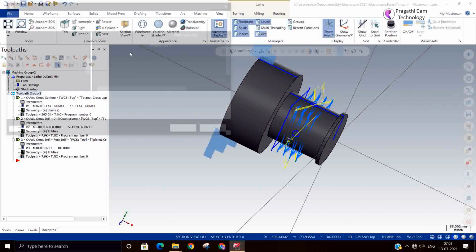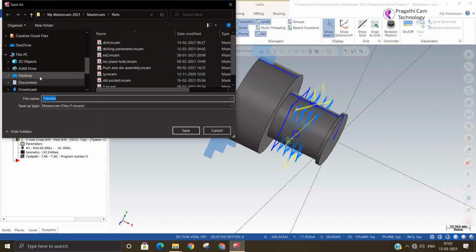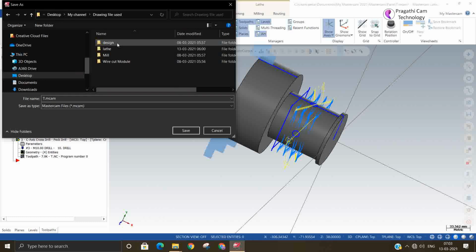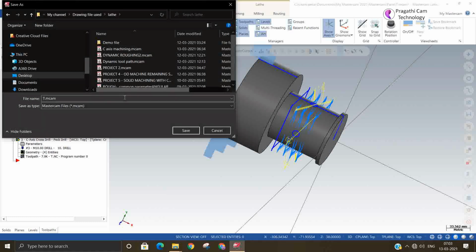You can generate the NC file and see. Okay, it means the program name just.